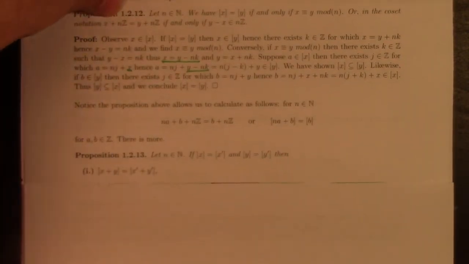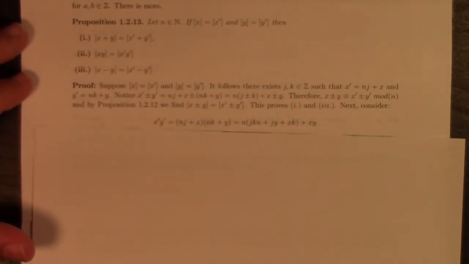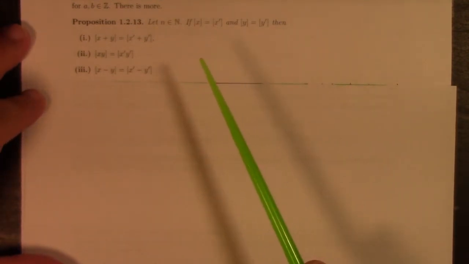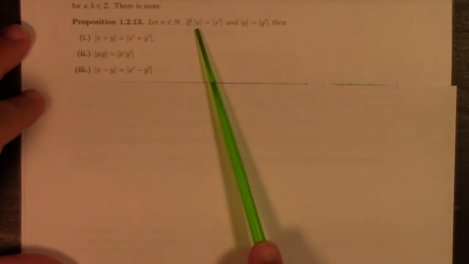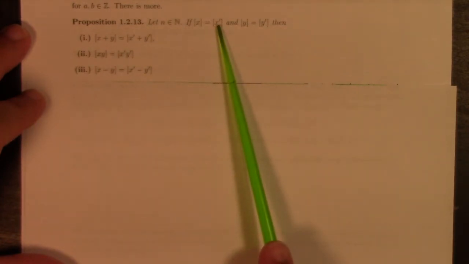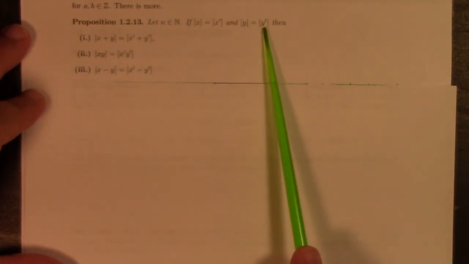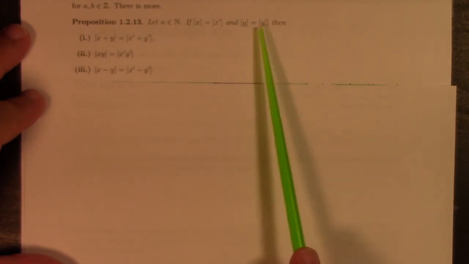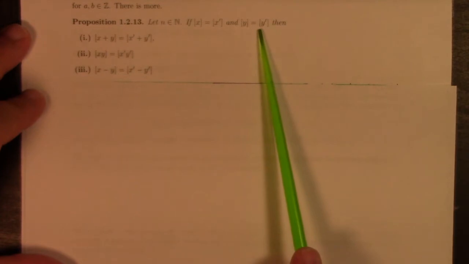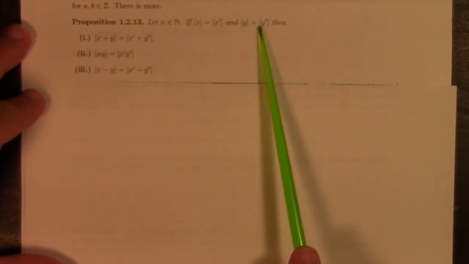So proposition. Now this proposition is super important. Really, really important, because this is the basis for working with Zn, as we usually do. All right? So if we have the equivalence class represented by x is equal to the equivalence class represented by x prime, and if we have representative y and representative y prime for a particular equivalence class mod n, right? In other words, if we have two different representatives for this class and two different representatives for that class,